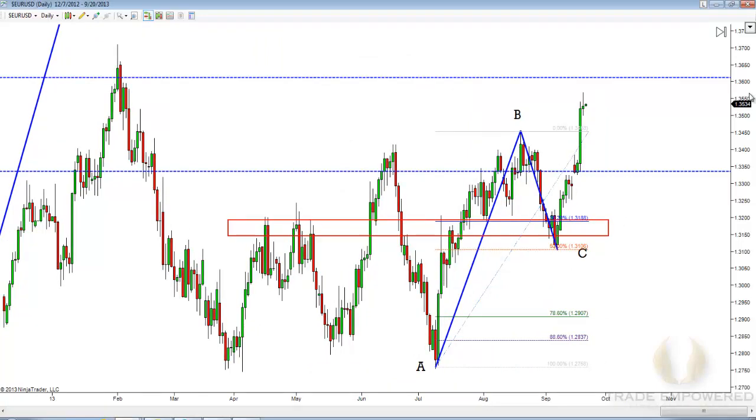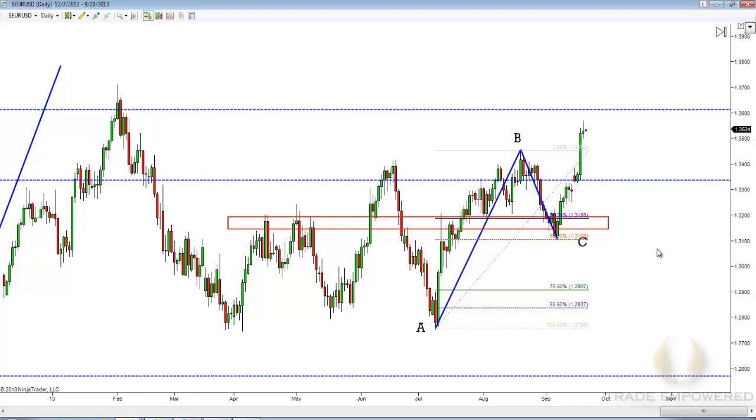Now the next thing I want to do is predict where is this market going to go next. What do I have right here? Well, I have a higher high, higher close, right? This candle breaks and closes above our previous structure high right here at our B leg. So my prediction is that the market is going to go higher. We're going to start this bullish trend, but where is it likely to go to? Well, that's when I bring my Fibonacci retracement tool on. I'll take it from my swing low to swing high, my A leg to my B leg,